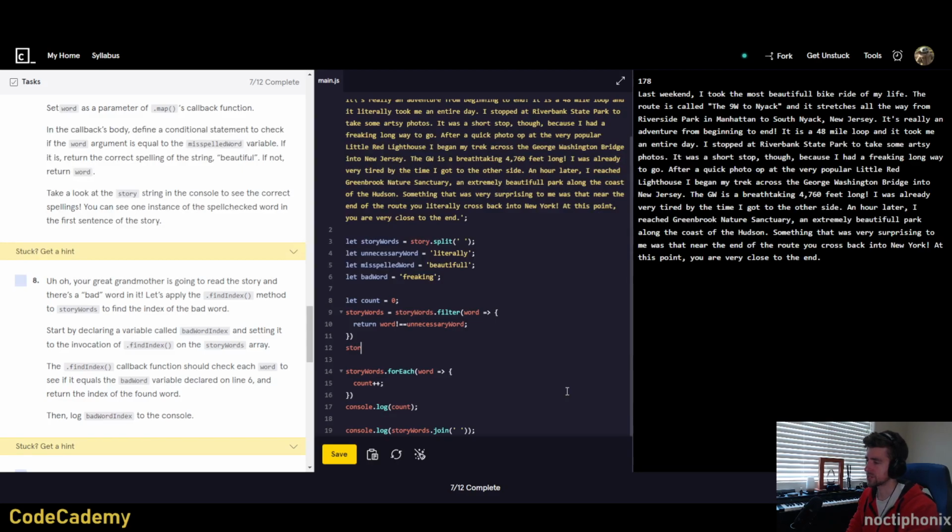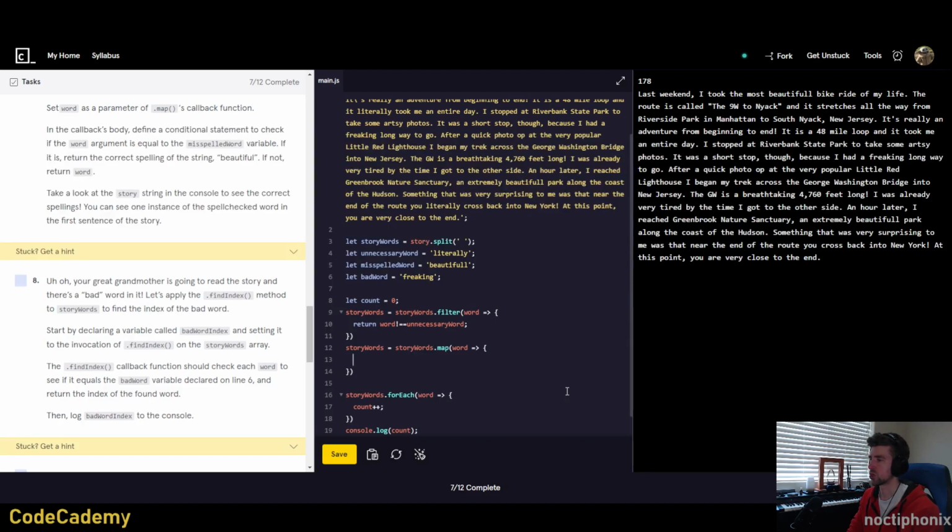So we're going to reassign the story words variable. Story words equals story words.map, we're creating a new array, and we're going to give it a parameter of word. Arrow syntax and curly braces. This is then going to have a parenthesis at the end of it all,